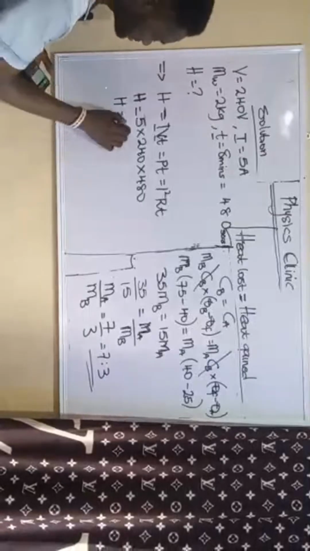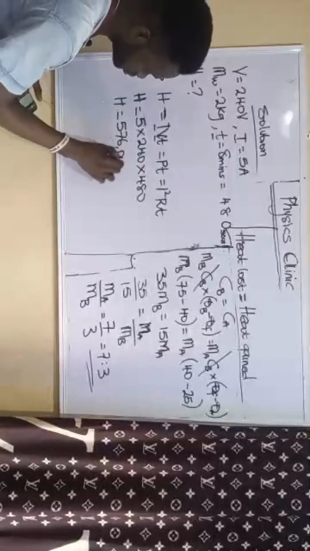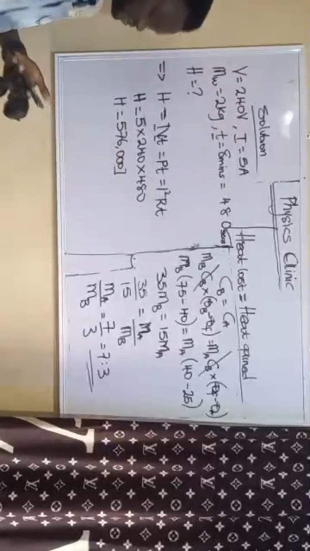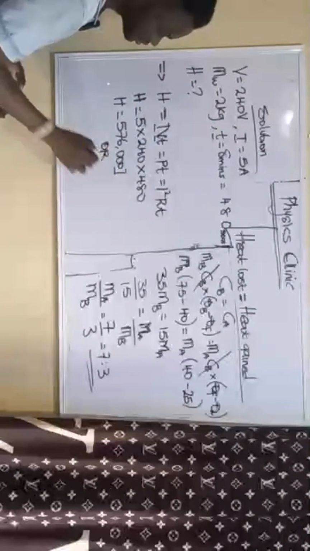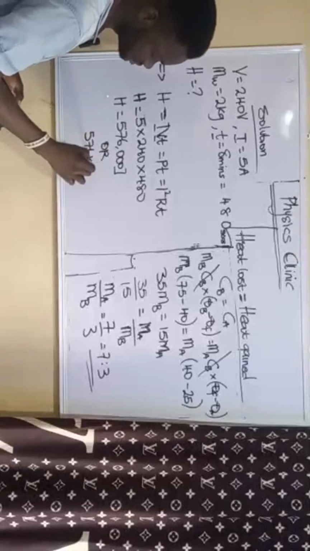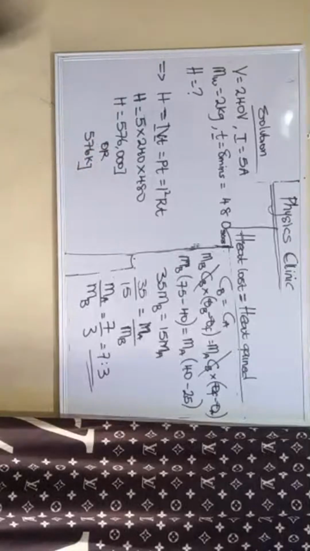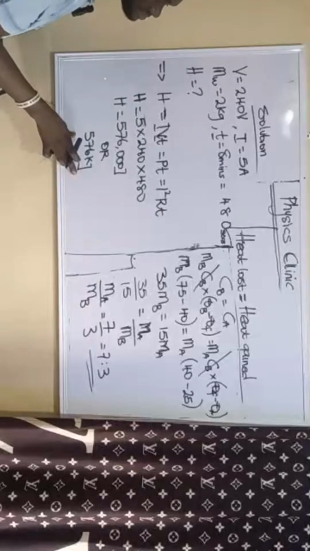That will give us 576,000 joules, or putting this in kilojoules, it will be 576 kilojoules. So this is the amount of heat energy that was supplied to the water, and it was supplied